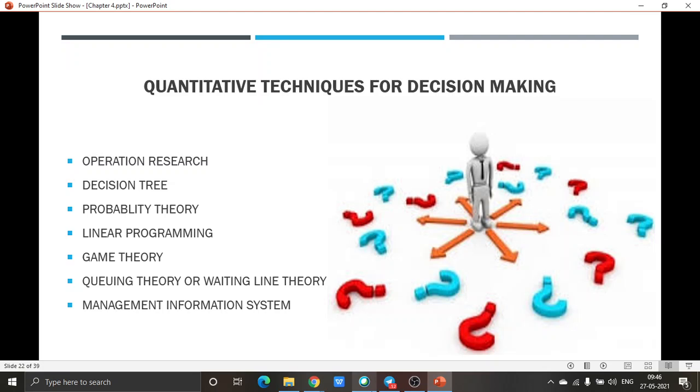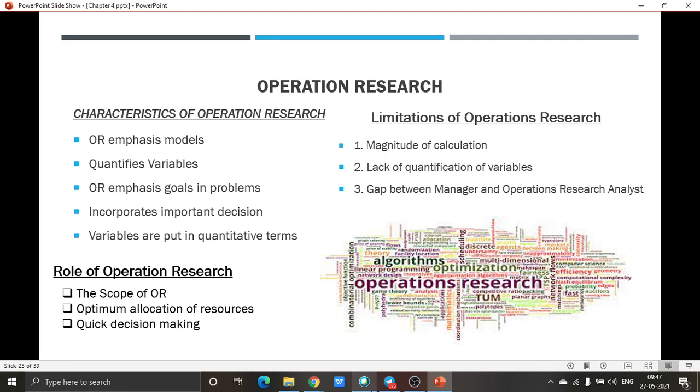Under operation research we have probability theory, we have linear programming, we have game theory, we have queuing theory, and also we have management information system. Now all this comes under your operation research or quantitative techniques for decision making. So we shall see